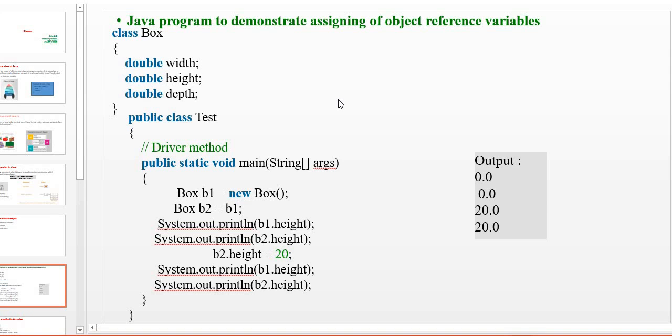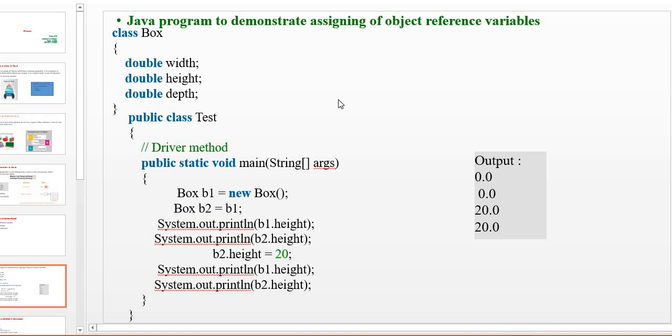Inside the main method I am creating 2 objects, B1 and B2. I create the B1 object using the new operator: Box B1 equals new Box. Next I create one more object, B2, but I assign it with the B1 value. Nothing but these two objects share a common memory location.